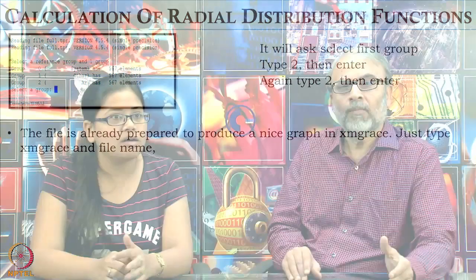When we have a polyatomic or triatomic system like water or CO2, there we'll have three different sites. So we have to create an index file, in case of water, say for oxygen. Then there are two hydrogens, so we have to create an index file for two different hydrogens. So instead of 1, 2, can I give 1, 3?